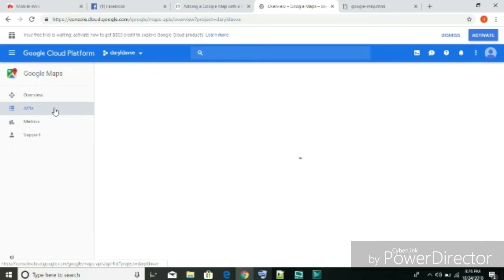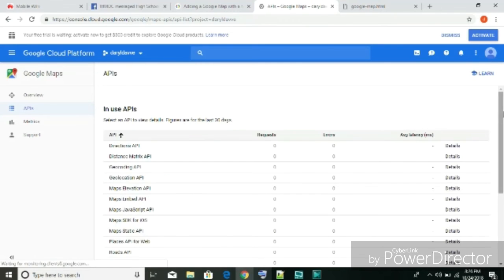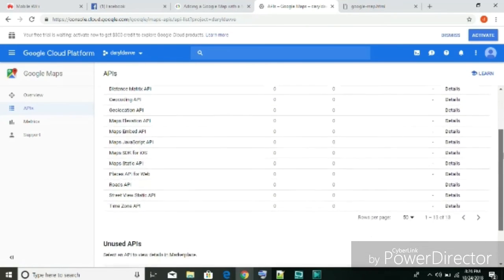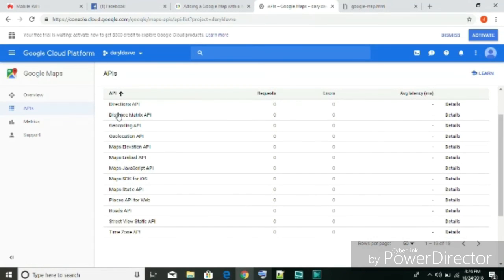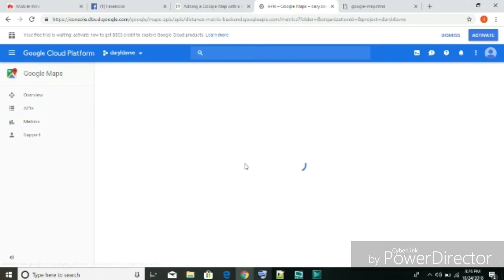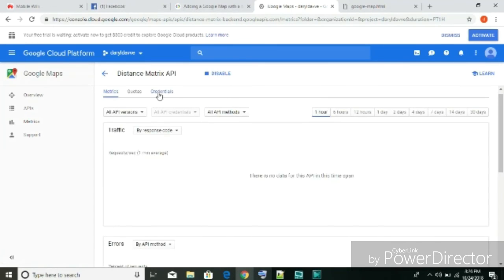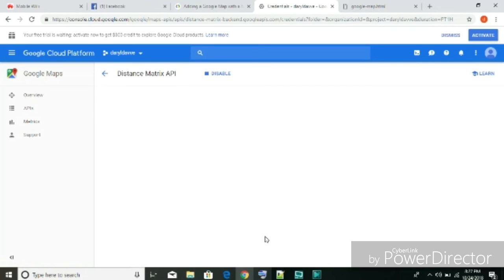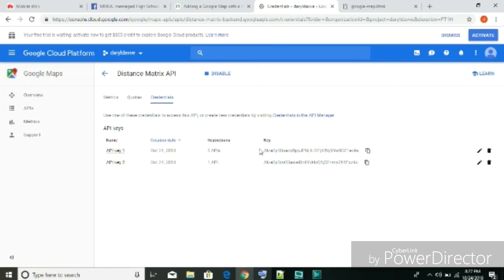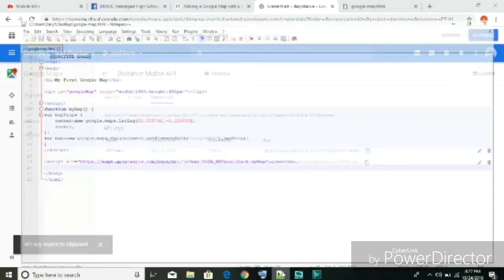Click APIs. Okay. Click Distance Matrix. Then click credentials. So this is my API key. So copy this, then paste it